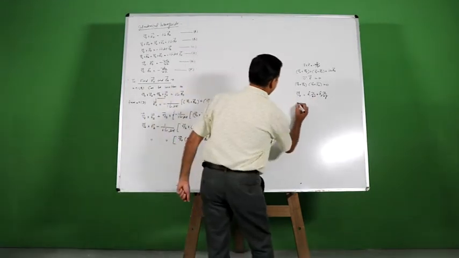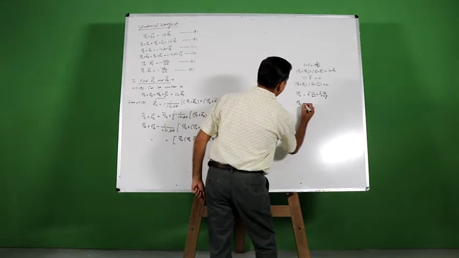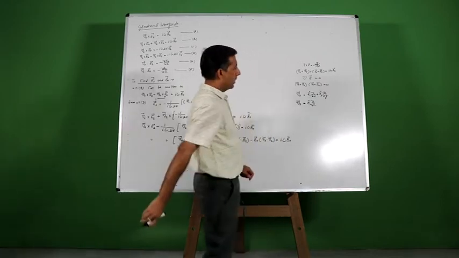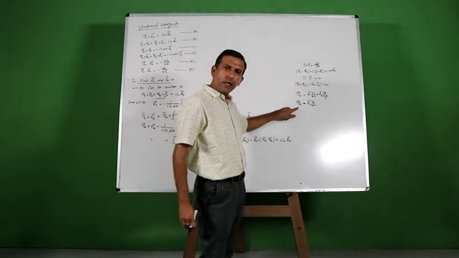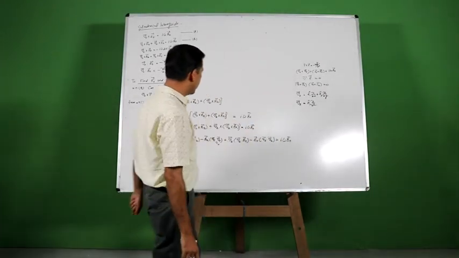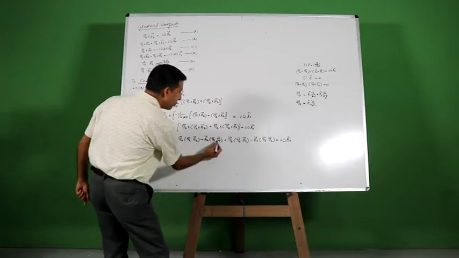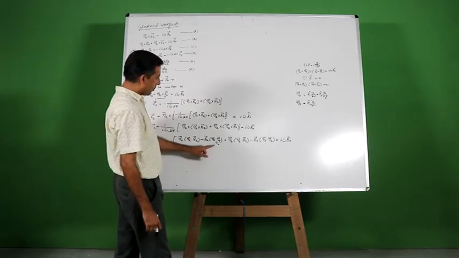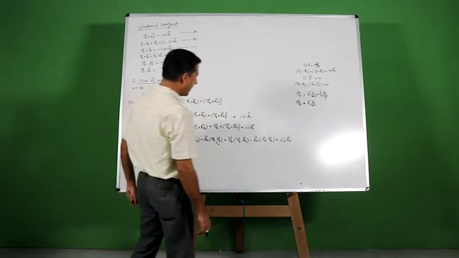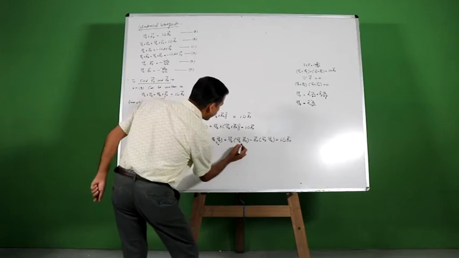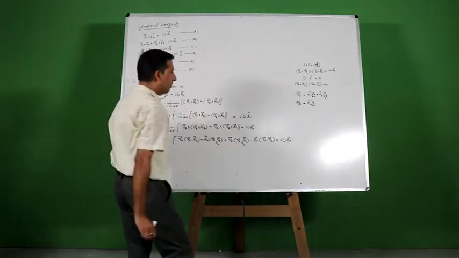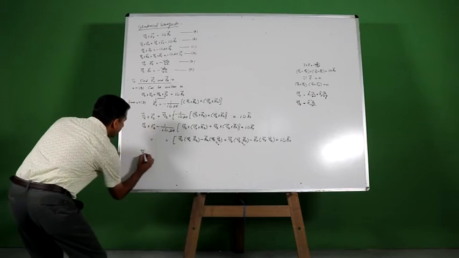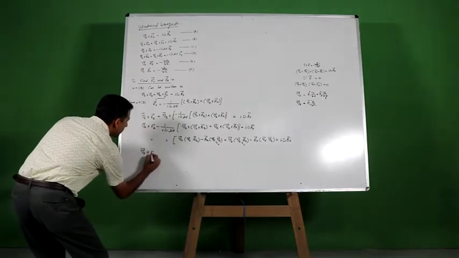Similarly, what is del Z? Del Z is E3 cap ∂/∂z. That is, this is along the direction of propagation, E3 cap ∂/∂z. So this term goes to 0. Why does it go to 0? Again the angle between them is 90 degrees, so cos 90 goes to 0, right? And del Z dot Bt, again this term goes to 0. So we are left only with del T cross Ez